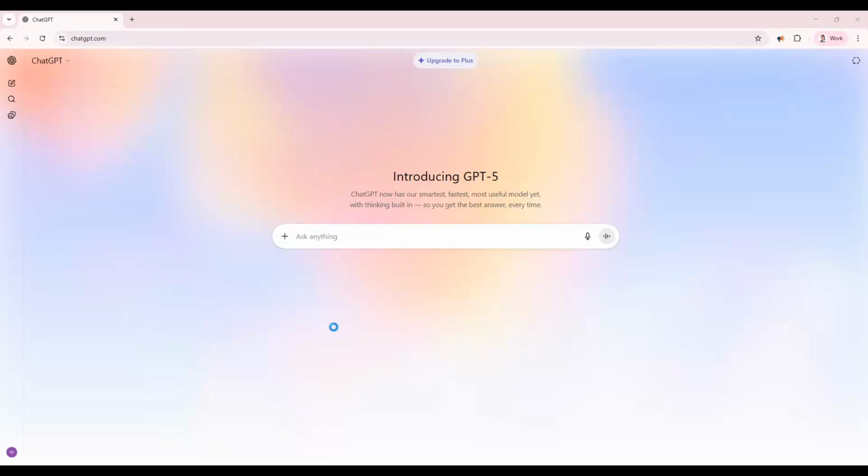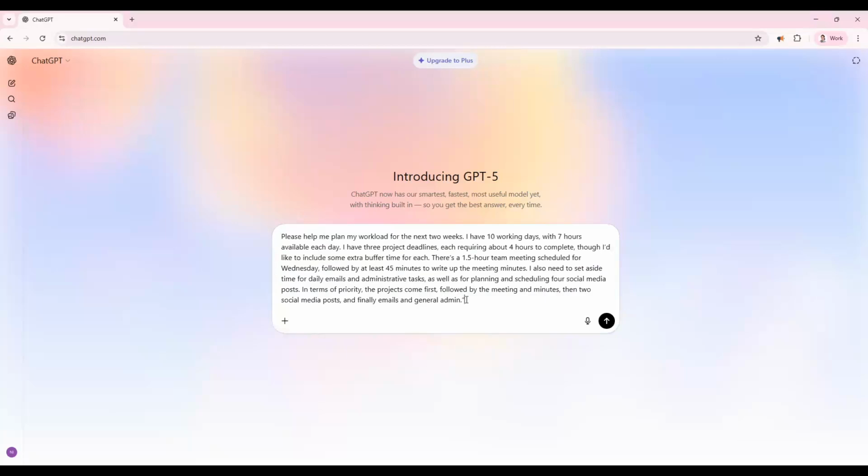So these are my tasks. I'm going to read this out. Please help me plan my workload for the next 2 weeks. I have 10 working days, 7 hours available each day. I have 3 project deadlines, each requiring about 4 hours to complete, though I'd like to include some extra buffer time for each. There's a 1.5-hour team meeting scheduled for Wednesday, followed by at least 45 minutes to write